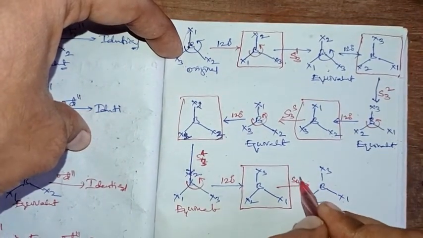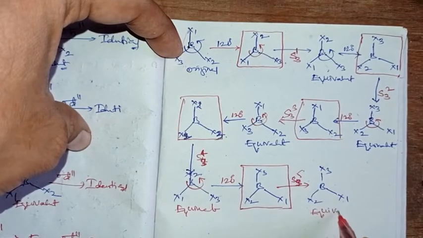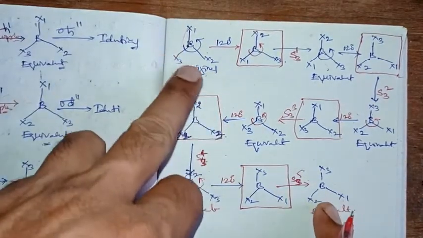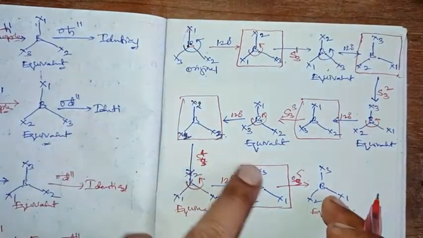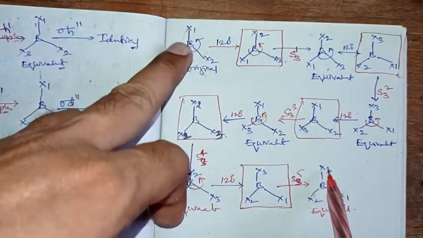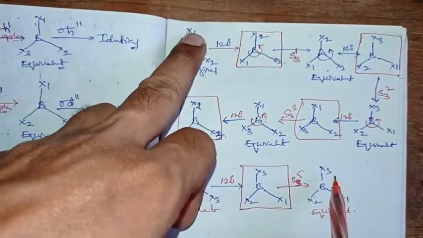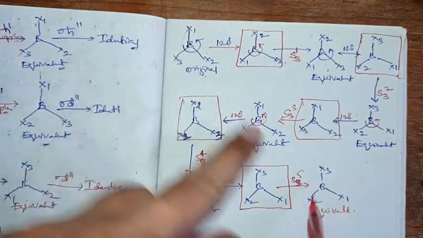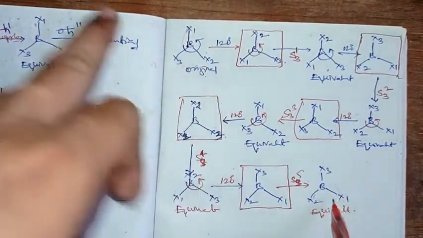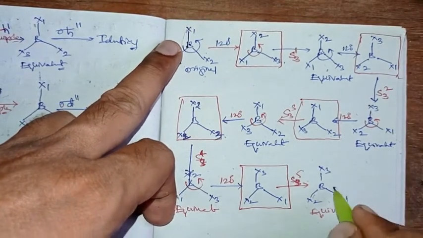It is an S3 fifth-time equivalent configuration. While we compare with the original, this is trigonal, with one halogen above and two halogens below, and above and below have the same structure and configuration, but the above is X1 and here X3, right? Such a slight notation deviation will make this particular configuration an equivalent, not an identical.